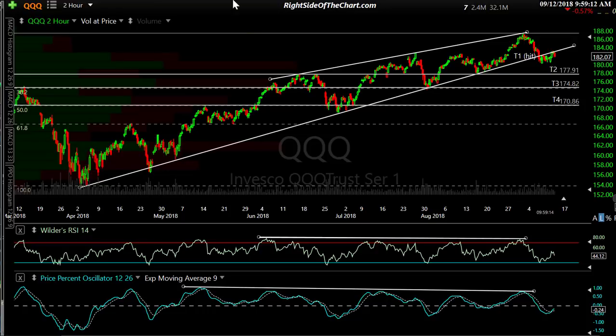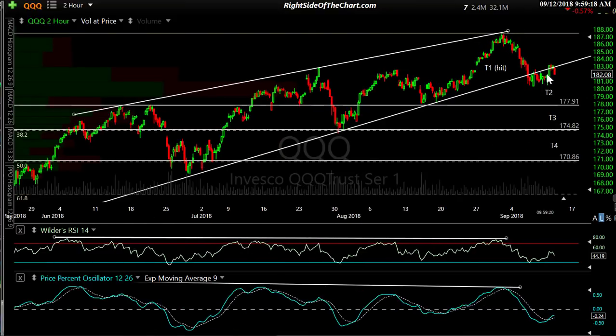So this is the trend line here on QQQ that comes off the early April lows. As mentioned yesterday, we were backtesting that trend line. So far, a pretty impulsive reversal off the backtest. So far, so good. But as I said yesterday, I'm still leaning towards a more downside scenario, but the real selling should come if and when we take out the recent